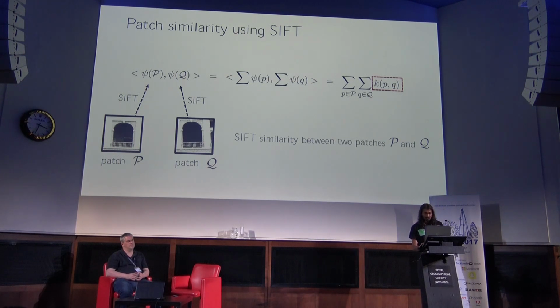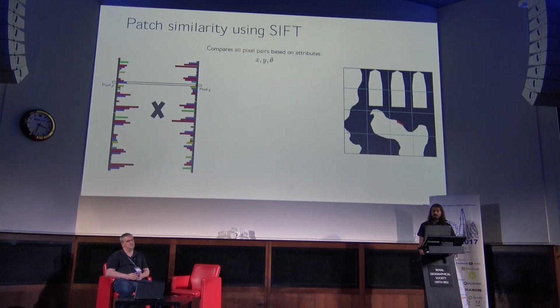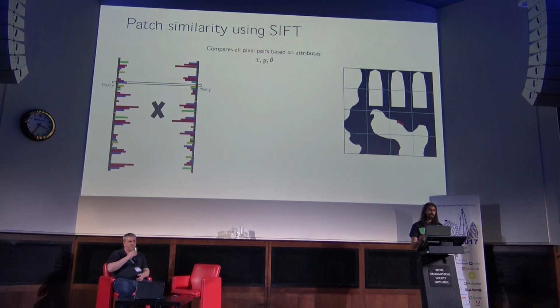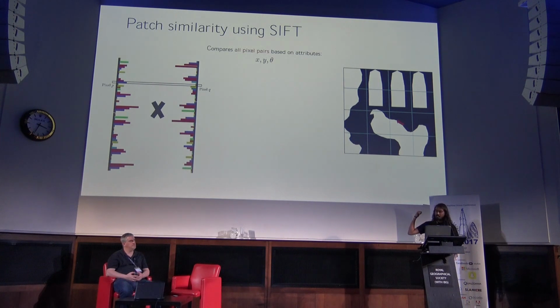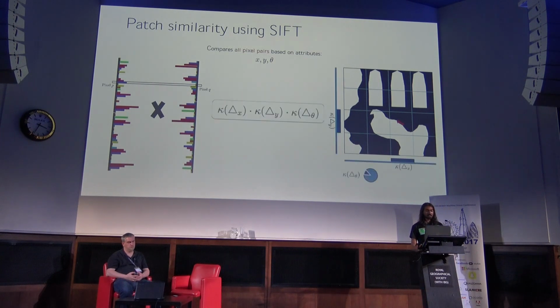Now, in the case of SIFT, let's see what these kernels are. The first thing we do is parameterize the pixel in terms of x, y, and theta, which is why we get spatial bins and orientation bins. Suppose I want to take this red pixel that I've indicated here with the gradient orientation, and compare it to all the pixels in the patch shown. In the case of SIFT, what I get for k x is basically just a step function, similarly for k y and k theta. And how do we jointly encode these 3 attributes? In the case of SIFT, it's a simple product. So let me reiterate, what we have is basically a step function.